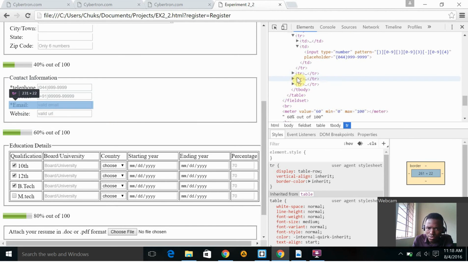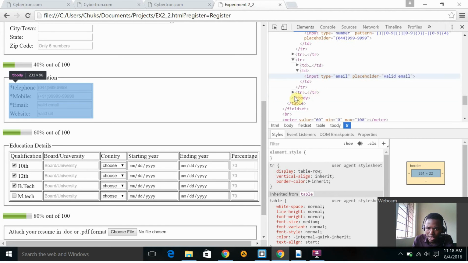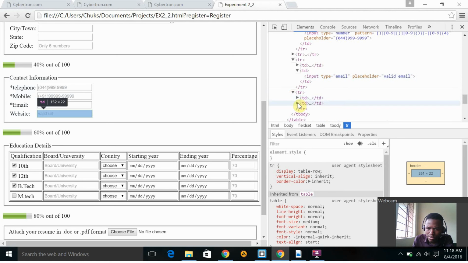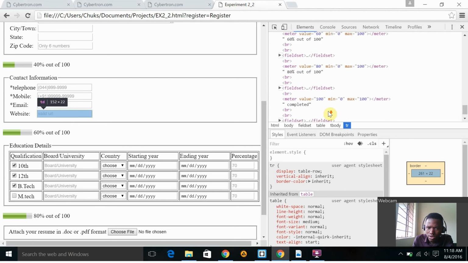And for email, the input type is email. Okay. And for your website, the input type is URL. Okay. Now